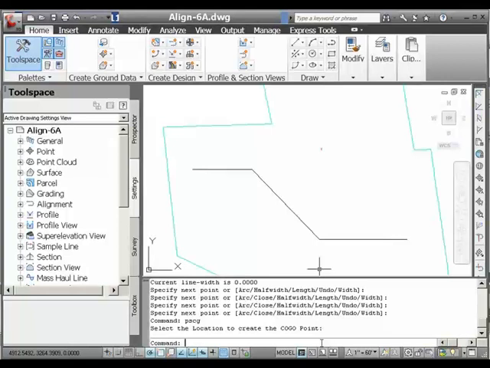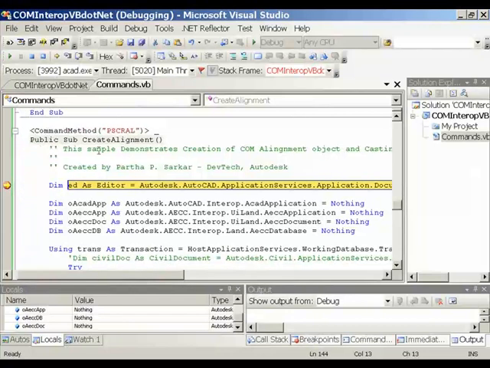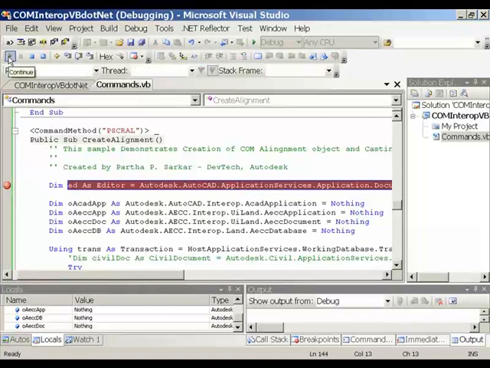We actually create an ACC alignment object from a polyline, and then we cast it to .NET alignment object, and we will add certain design speed to the same. So let's try the second command, which is scral, and you can see we are hitting the breakpoint inside the create alignment sub. Let me continue here,